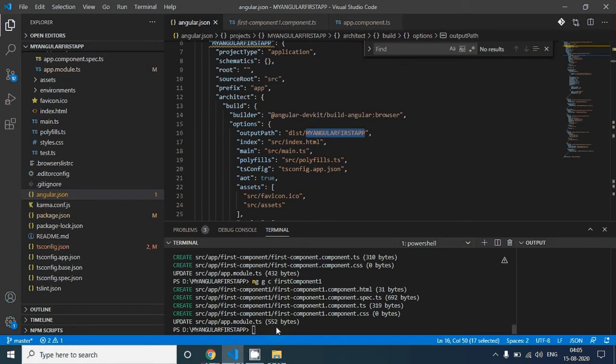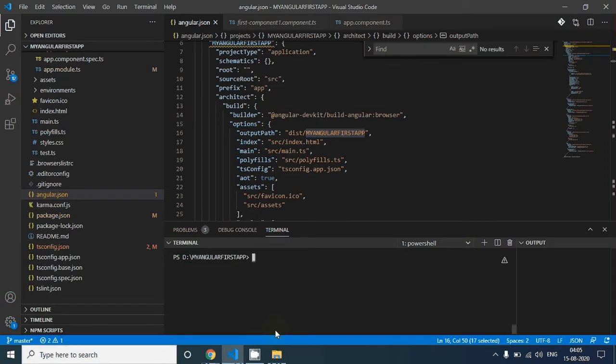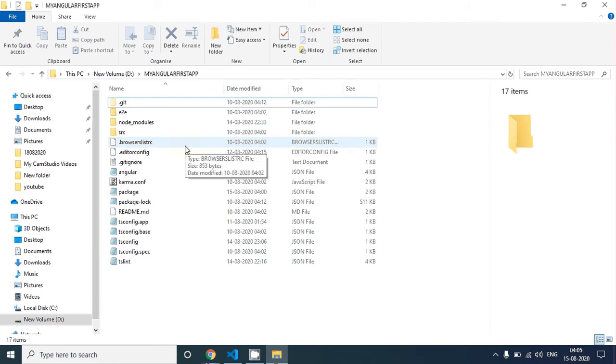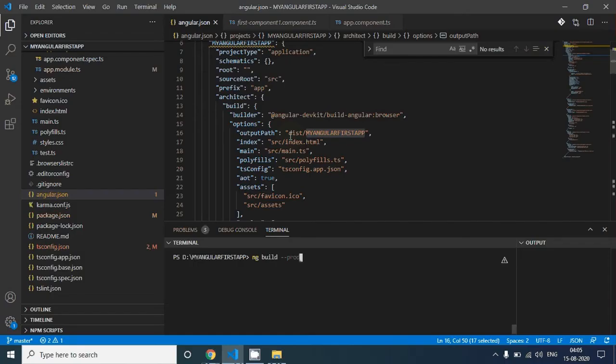So let's do a production build. ng build --prod. So ng build --prod, this is the command for a production build. If you see here again, we don't have any folder with the name dist. So the moment we press enter, let's see what is happening.